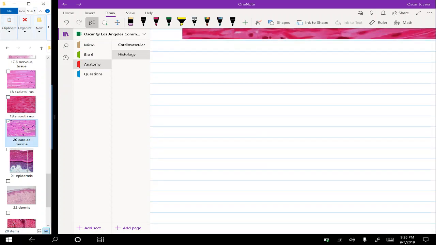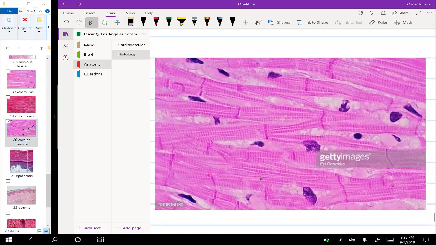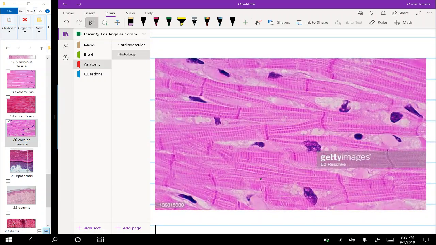Moving on to cardiac muscle. This is my favorite slide of all time. It's really, really cool. And I'm going to zoom in. The cardiac muscle is known for its pants or jean shape little cell. So if I go ahead and draw this for you, they're branched. And when one cell meets the other, it creates this zone of overlap right here. And we call it the